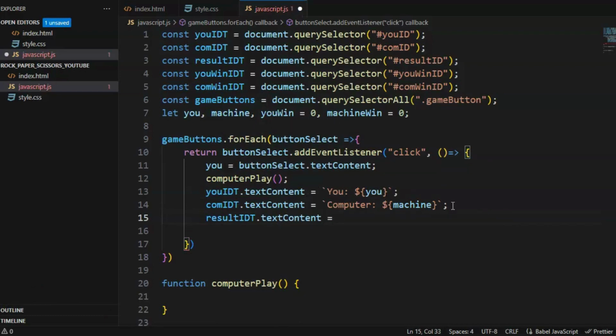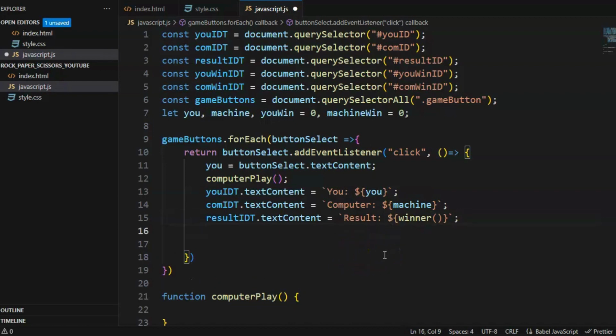So we're gonna use a template literal again. And we're gonna have the